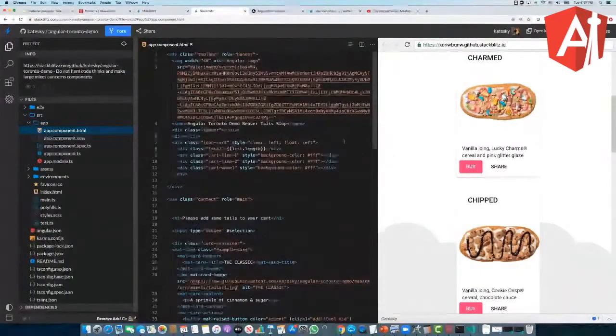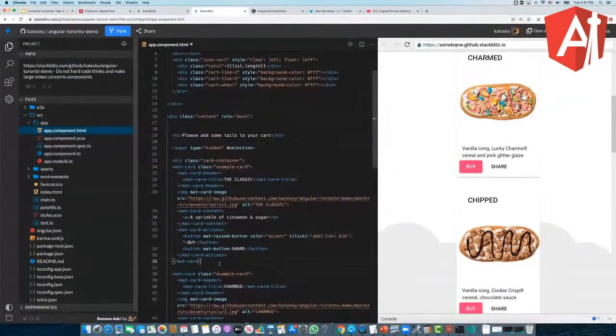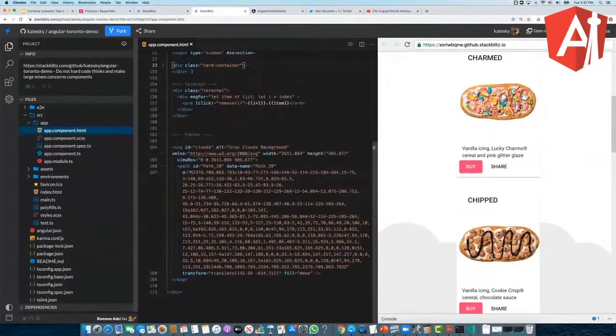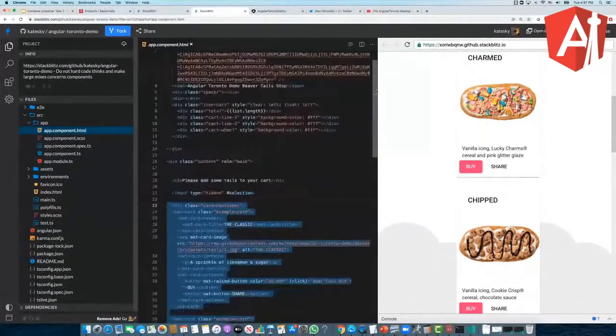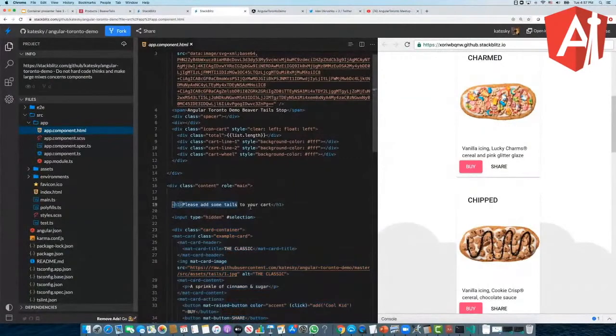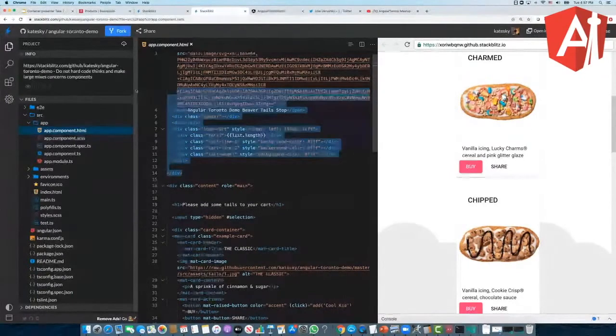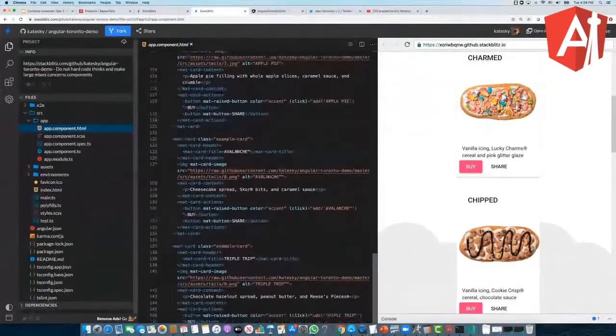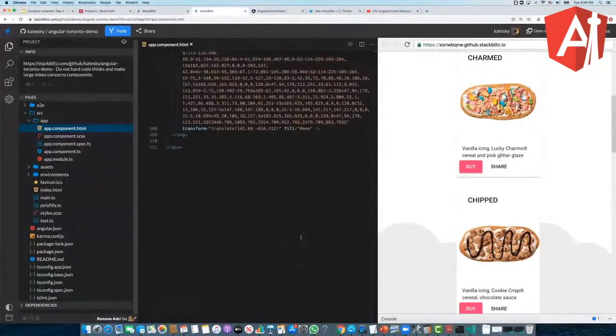So I have a bunch of things hard coded here. Each beaver tail is its own mat card, and all of the data is hard coded. When I refactor it, I want to take this div and make it into a list component, and this piece right here can also be part of my list. This piece right here, which is the top toolbar, I can make into its own header component. And the bottom where the terminal is, I will make into another,